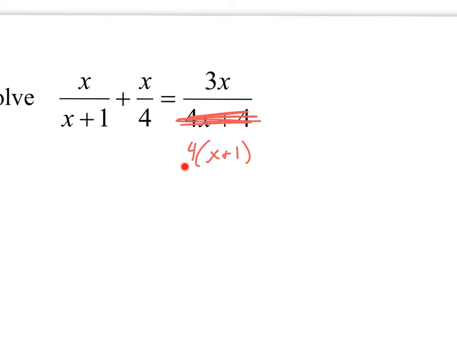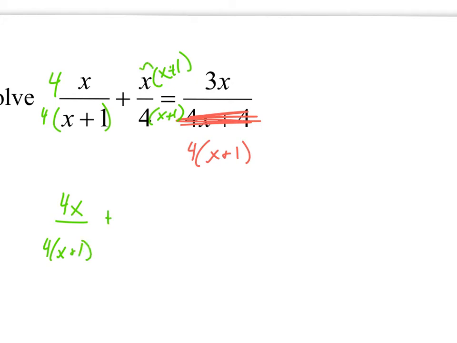So this one is missing that 4. So we need to multiply that 4 on top and bottom there. And then my middle one is missing the x plus 1. So we need to multiply x plus 1. I'm going to kind of wedge that one in there. X plus 1 on top and bottom. And so now if you look at it, all of our denominators are the same, and that's what we want them to look like. So if we simplify it, now we got 4x over 4 times x plus 1